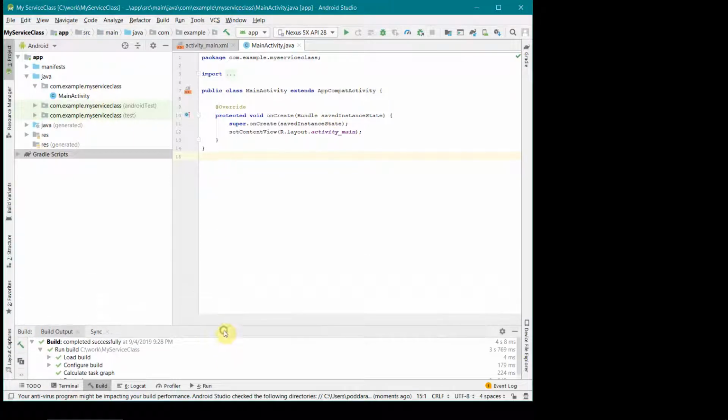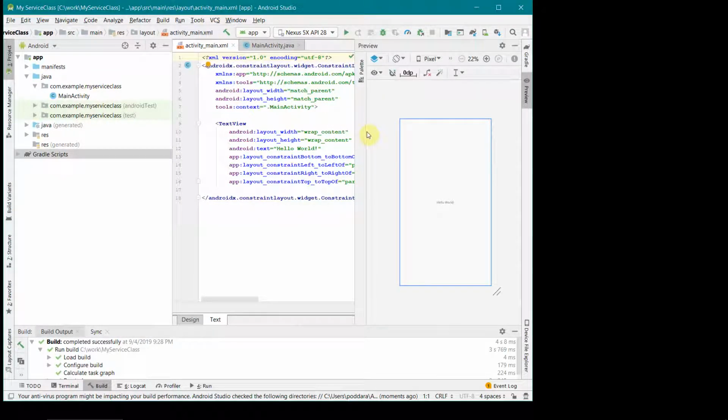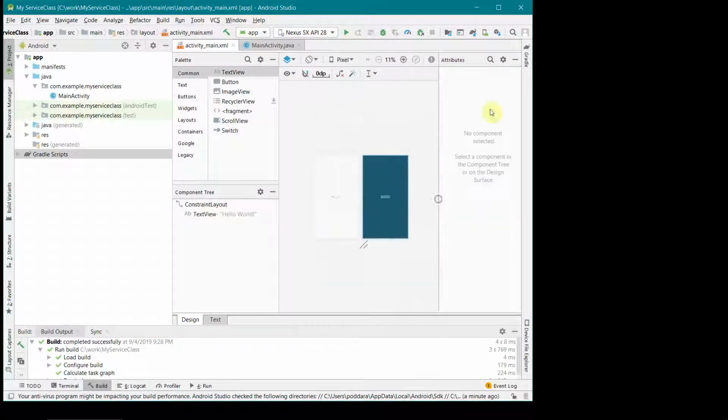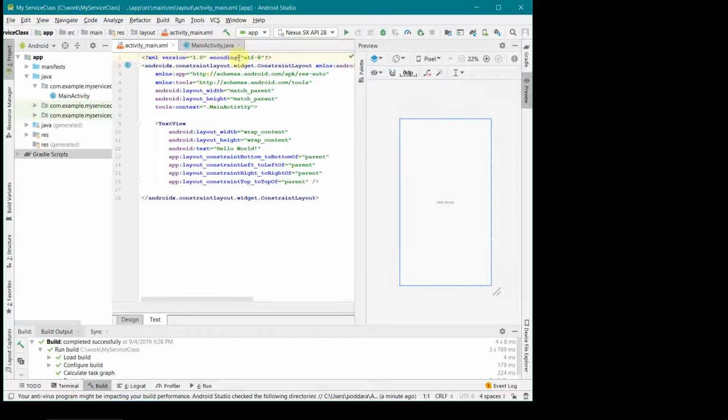Now we can start our coding, but before we start, let's quickly create our layout in XML format. We'll keep it simple. I just want an alarm clock here. For that, there is something called a time picker, but as far as I know, they have removed the time picker from the palette. So the only other option is to go directly to the text mode and add a time picker over here. But please note, you can use this concept for any other functionality you want.